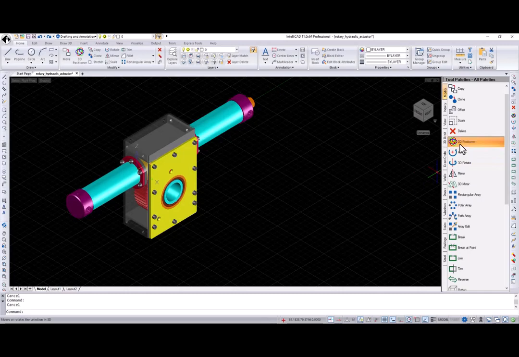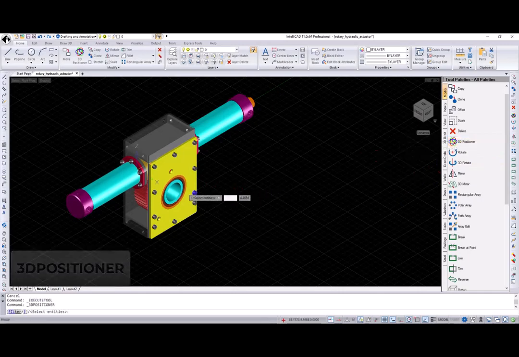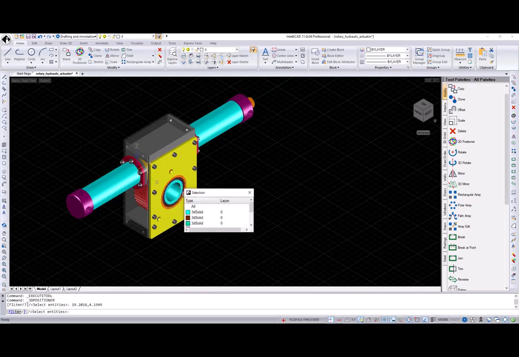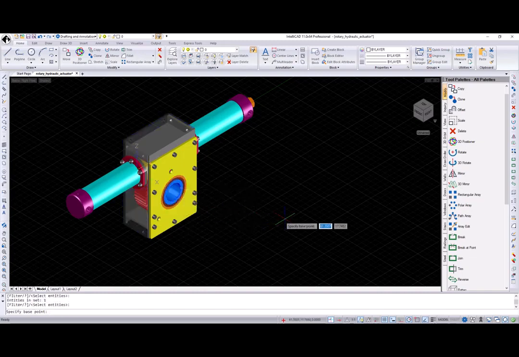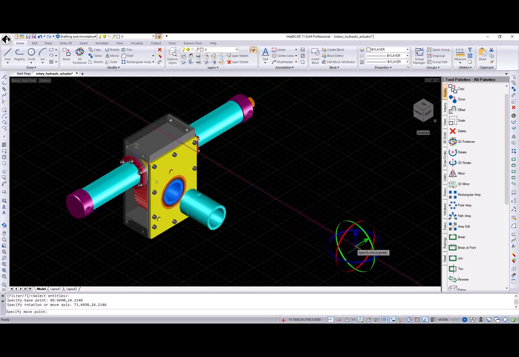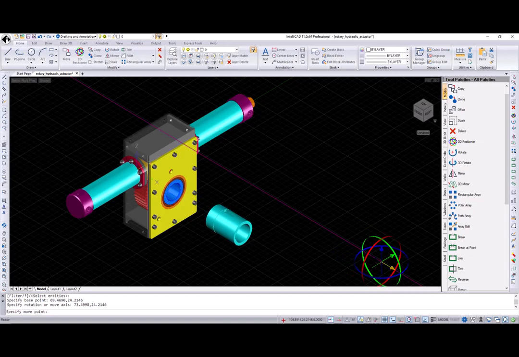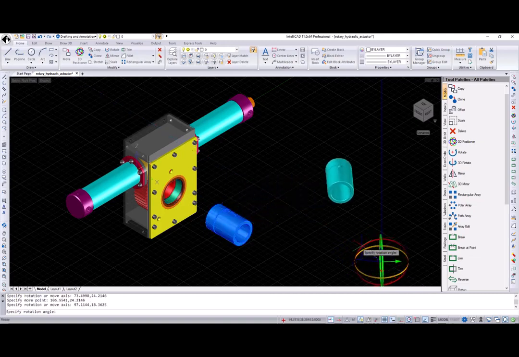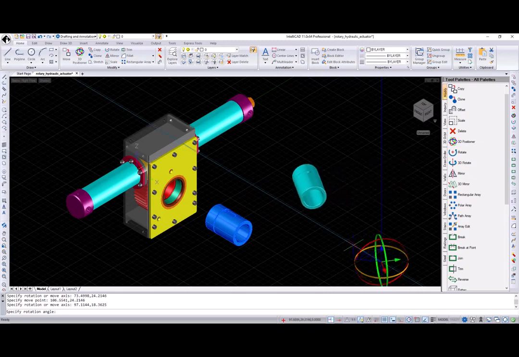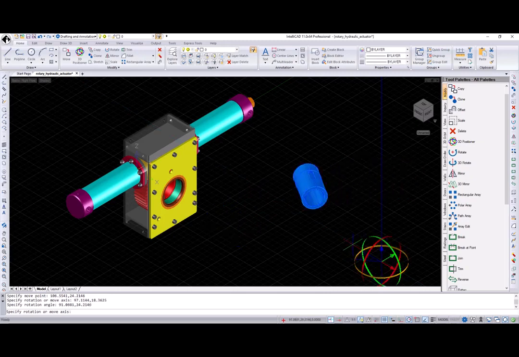You can rotate or move selected entities using the new 3D Positioner tool. Just select entities you want to relocate or rotate, specify base point, center of the 3D positioner, and then move cursor over the 3D move part of the 3D positioner to specify an axis or plane to relocate selected entities along to. Move cursor over the 3D rotate part of the 3D positioner to specify an axis to rotate selected